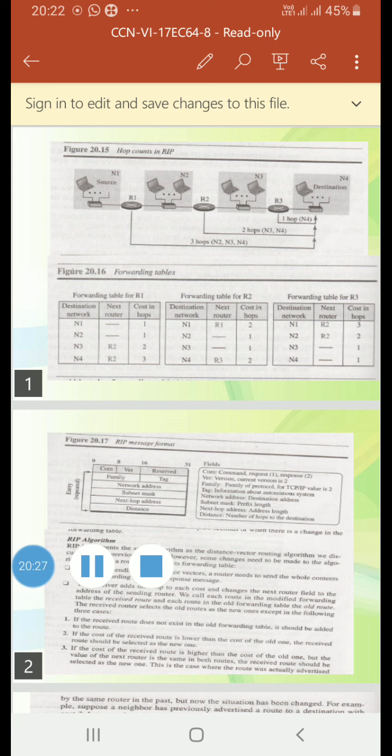Each AS is given an autonomous system number, ASN, by ICANN according to the way they are connected to other ASs and not according to size. So we have stub AS, multi-homed AS, and transient AS.